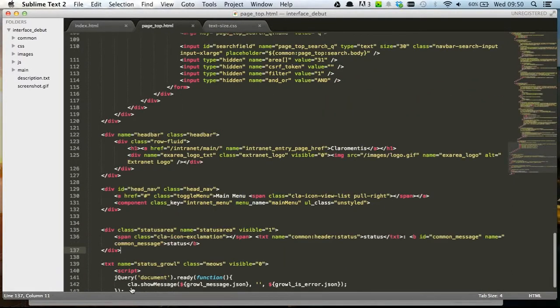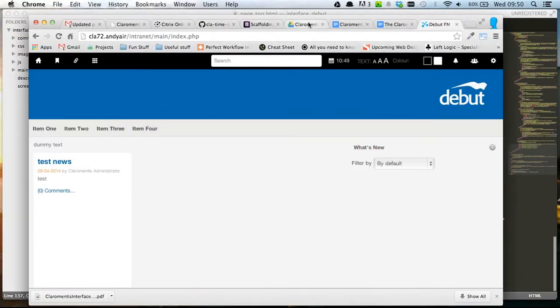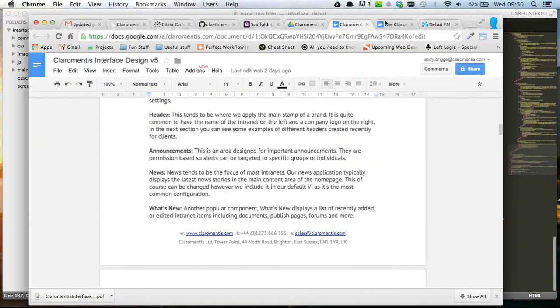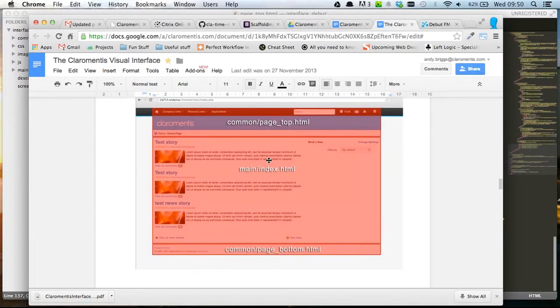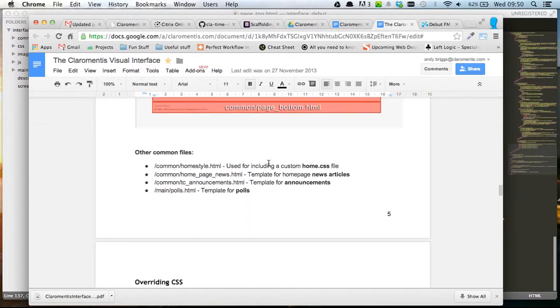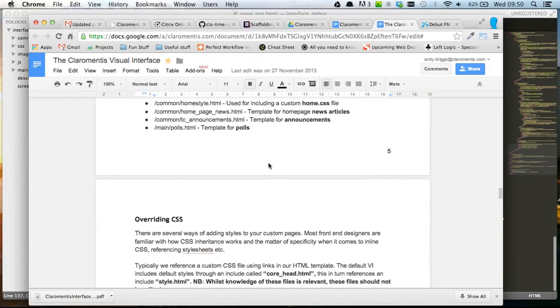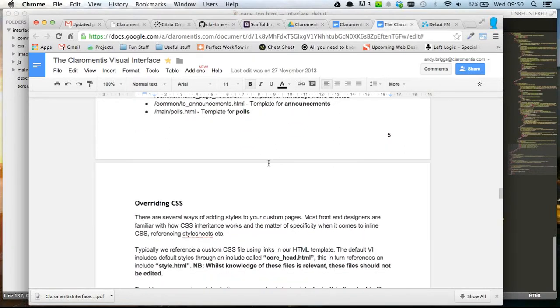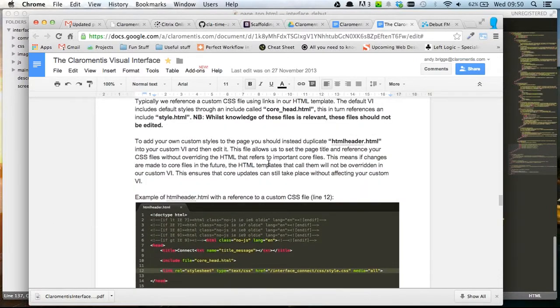Index. Those are CSS, Andy. Yeah, so that's a bit further down in the document. Right. So yeah, that's your main HTML pages. Obviously, we've got CSS as well, though. And to do that, you have to override those HTML pages that reference the CSS and add your custom CSS in just below. So as an example,